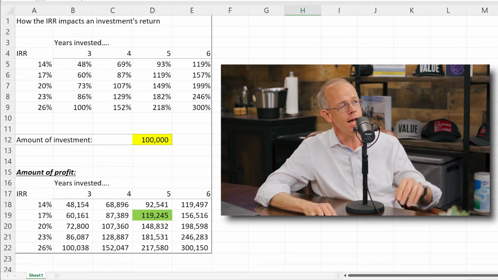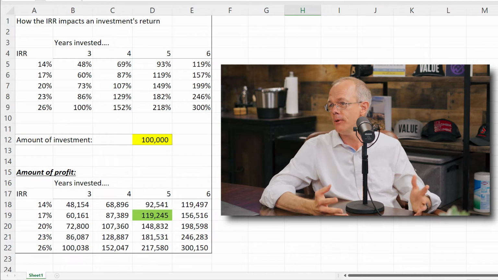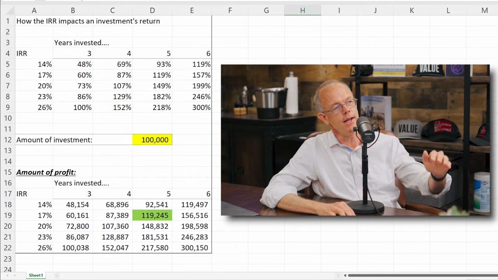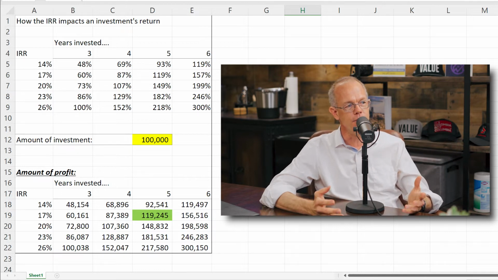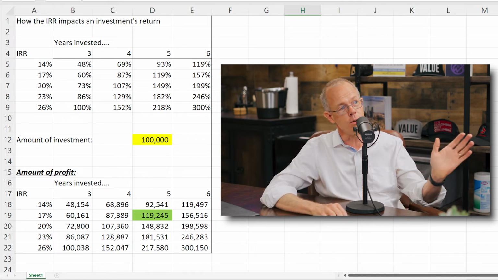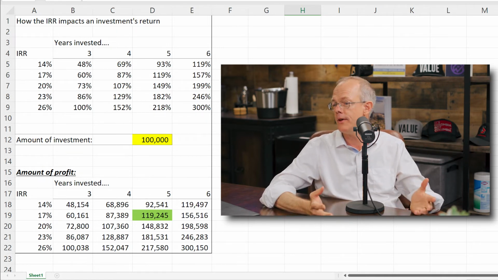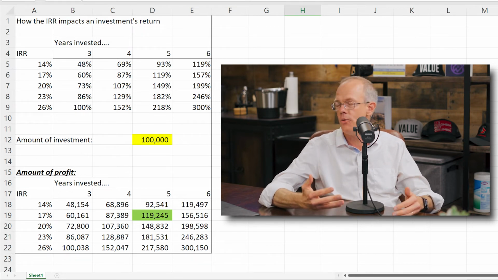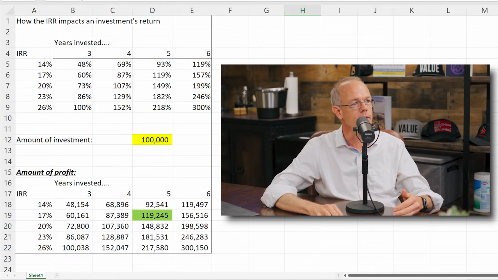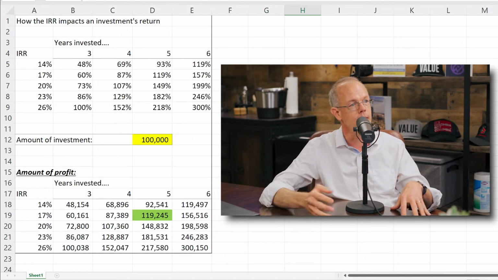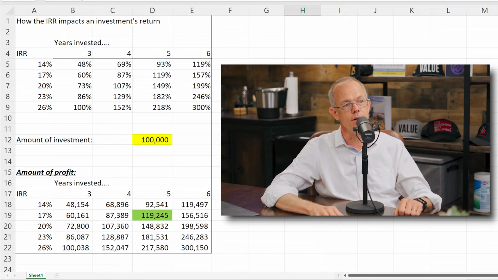So you can download this little Excel sheet and then you can play with it yourself. What you do is you can see on the left-hand side, I've got an IRR of 14% up through 26%, and you can adjust that to whatever is interesting to you. And then going across the other axis, I've got how many years you were invested in the investment. And you can see how much you'll be compounding over the years just by looking at the crosses on the grid. So for example, if you're going to earn a 17% return, which might be kind of typical in a passive investment fund, or if you buy a house today, and if you do the project for 5 years,